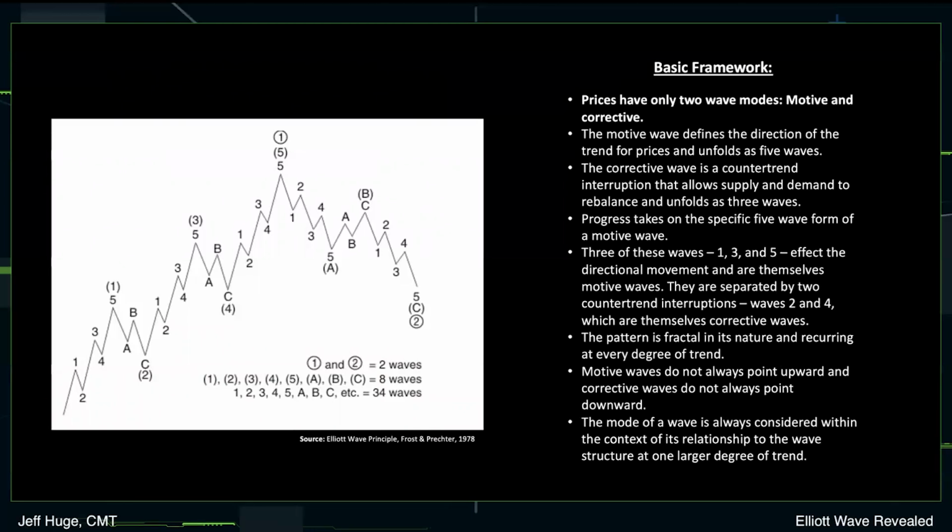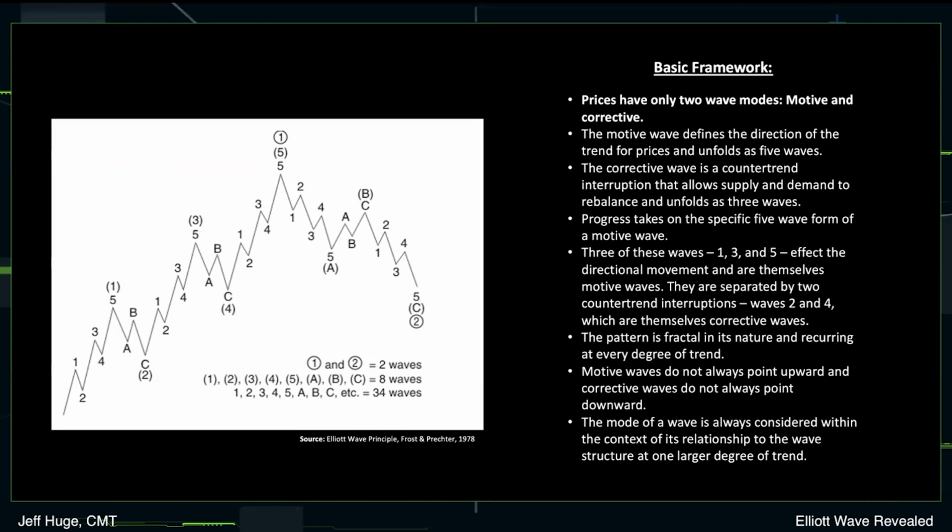And what the motive wave does is it defines the direction of the trend for prices. And it always unfolds as 5 waves, which makes it easy to distinguish from a corrective wave pattern. The corrective wave form is counter trend. It's a counter trend interruption that allows supply and demand to rebalance, and it always unfolds as an overlapping 3-wave